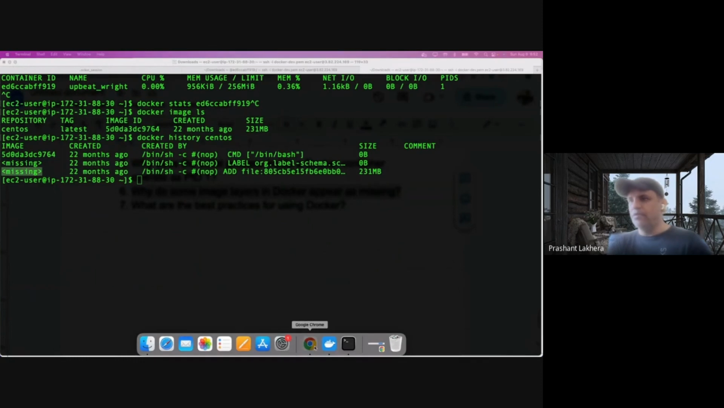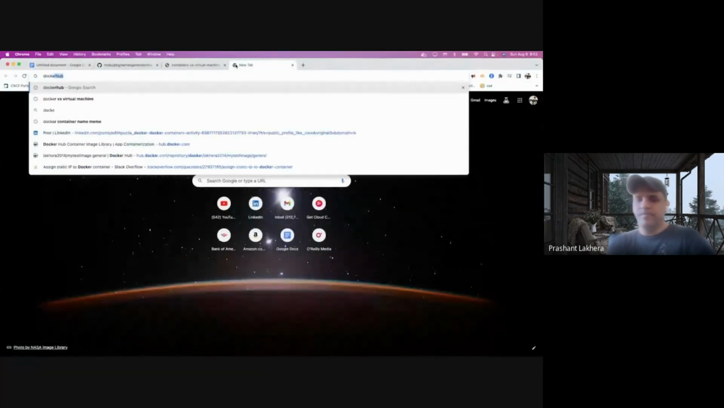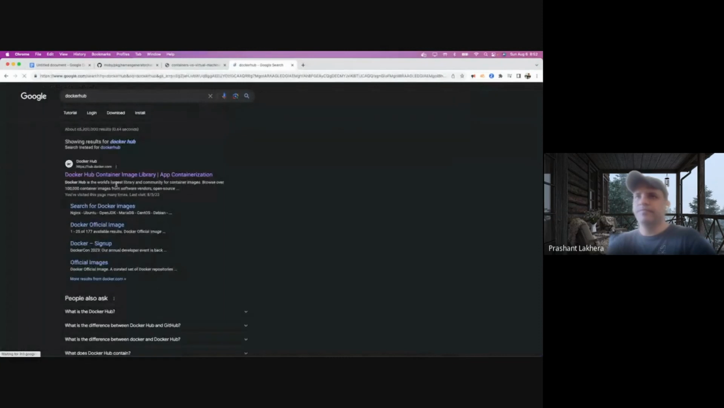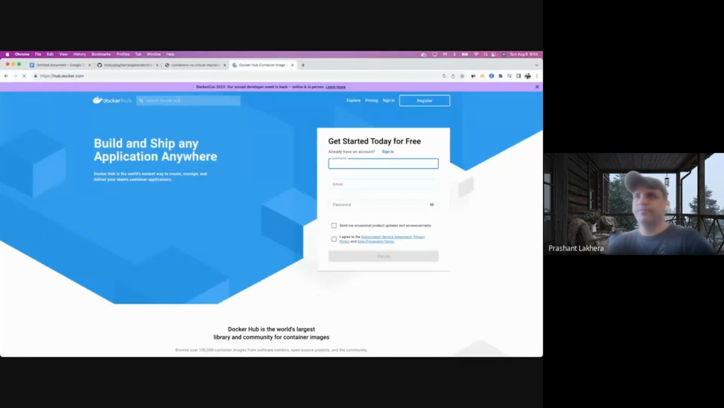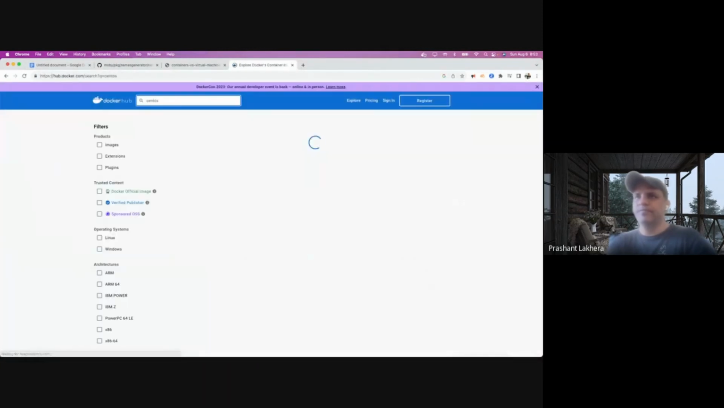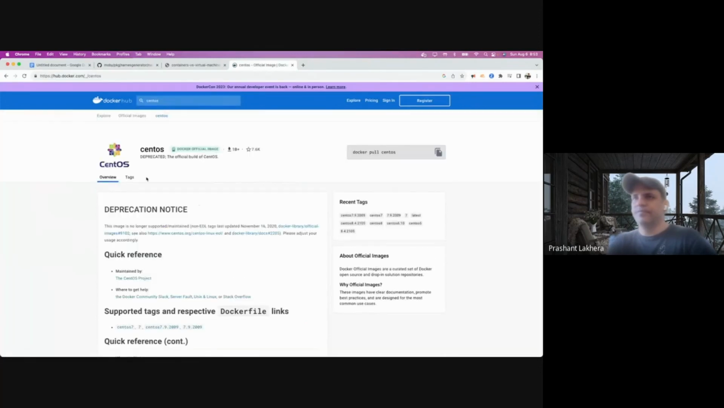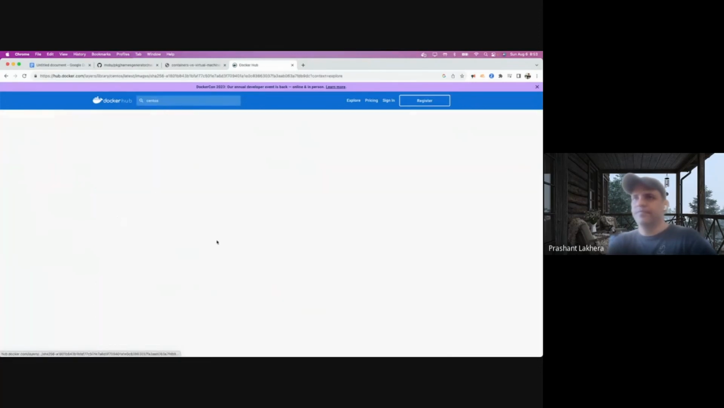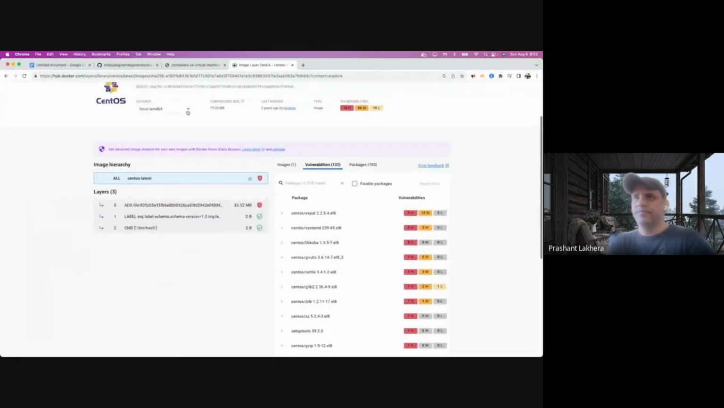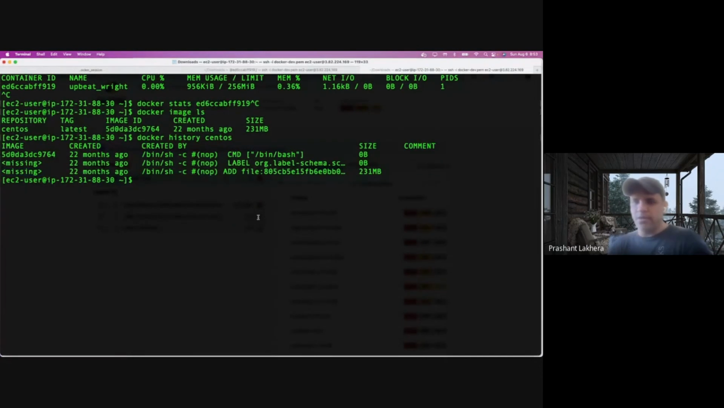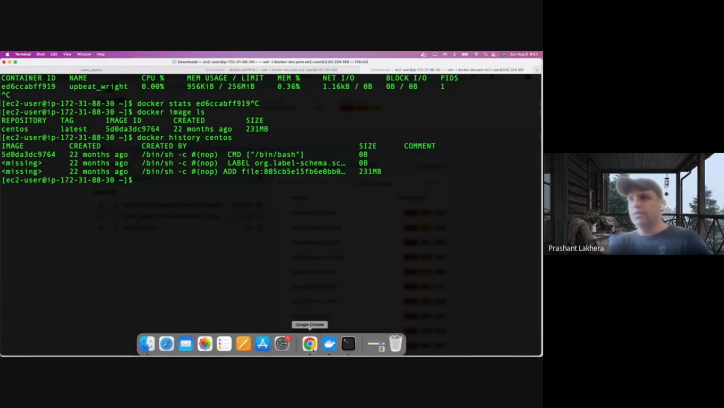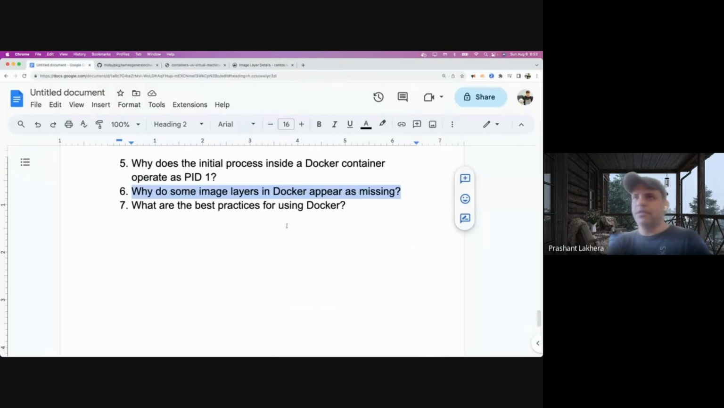In the meanwhile, let me go to the Docker Hub. Yes, Mohit is correct. Docker images combine some of the layers. Yeah, that may be the reason for missing. Any other reason? So let's talk about something called